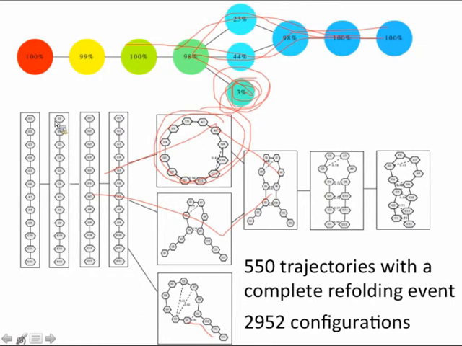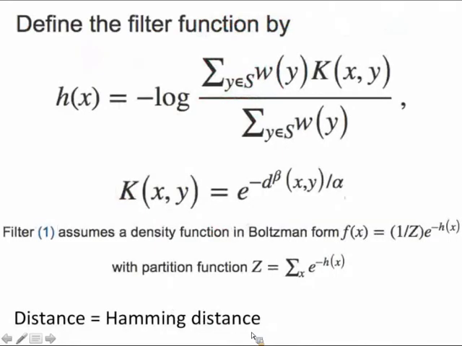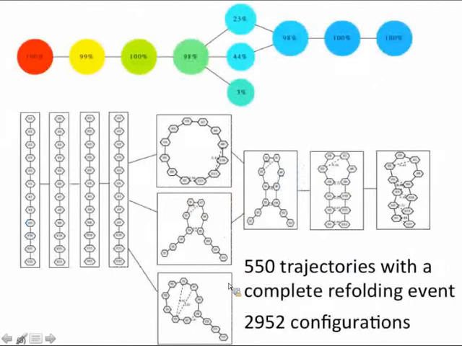So we can see for the folding pathway, there are these two different pathways, and they looked at 550 trajectories involving about 3,000 conformations. Truth in advertising, I'm going to very quickly go through the math. This is actually the filter function that they used. It basically assumed that your density function had followed a Boltzmann distribution of things, and in one case, you looked at the refolding events where the majority of your conformations